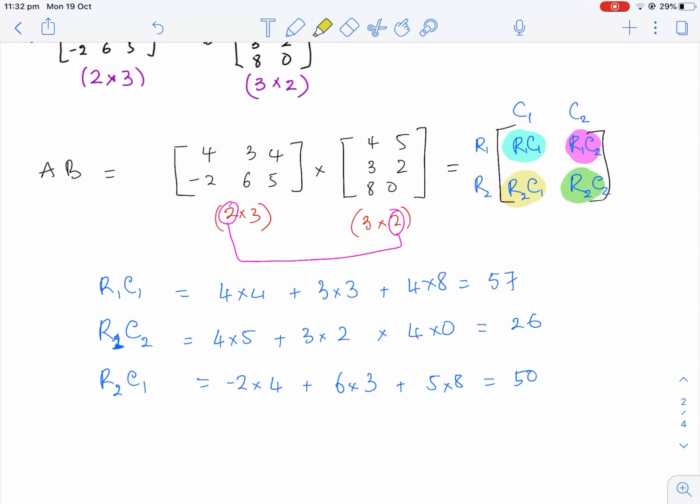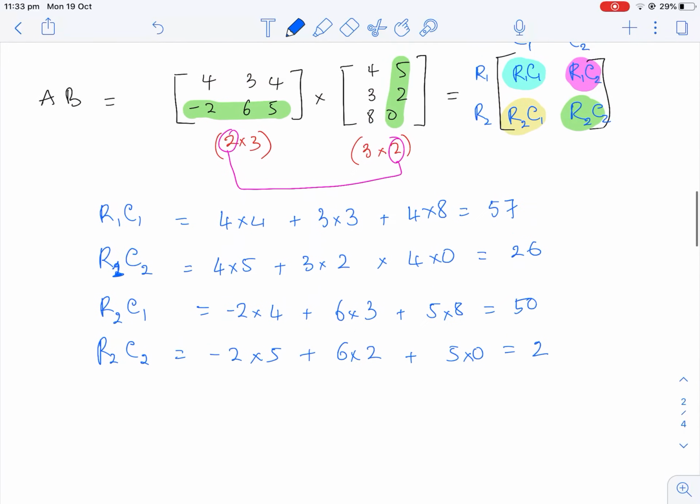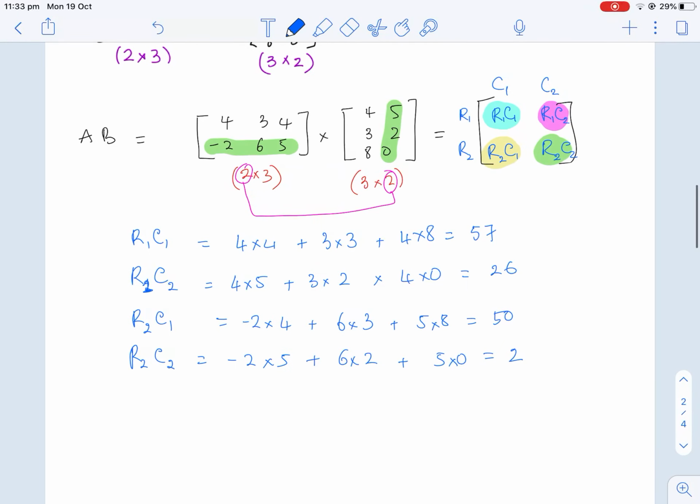Last one is the green one. The green one is row 2, column 2. So it means row 2 of the first one and column 2 of the second one. So row 2, column 2 equals negative 2 times 5 plus 6 times 2 plus 5 times 0, which equals 2. All right. So your final answer, matrix C, for example, if we call this one matrix C,